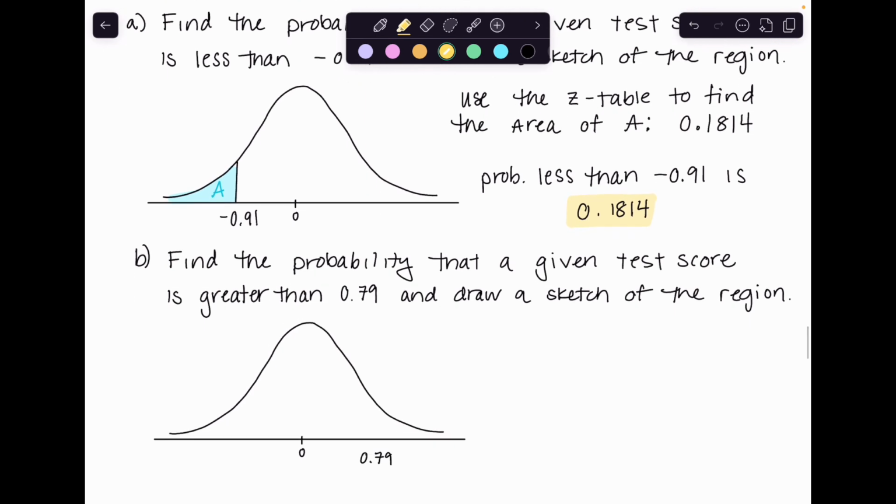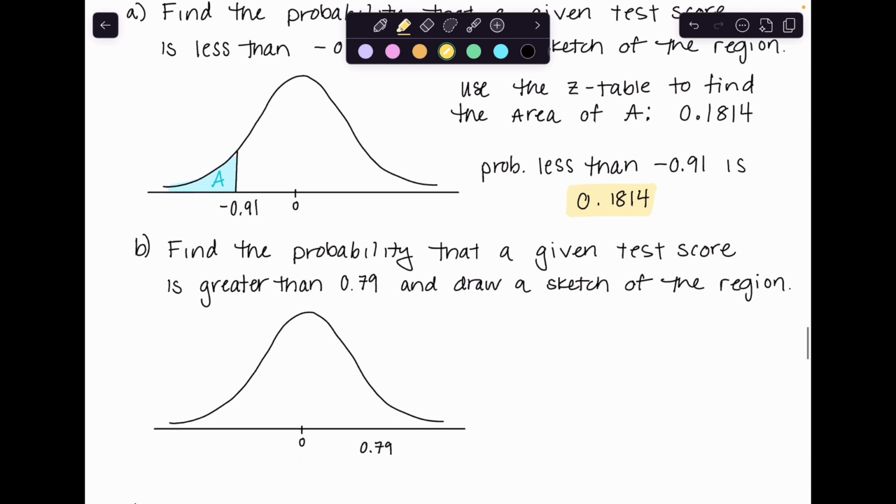Trying a different one, we want to find the probability that a given test score is greater than 0.79. So 0.79 is to the right. So here is that cutoff. And we want them to have a bone density of greater than 0.79. So I am searching for this area. And I need to figure out the area to the right, but my z-score for 0.79 is going to give me the area to the left. So the area to the left of the z-score